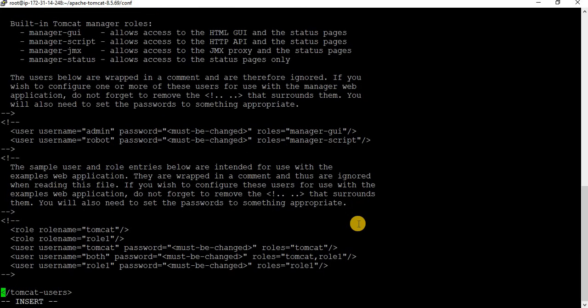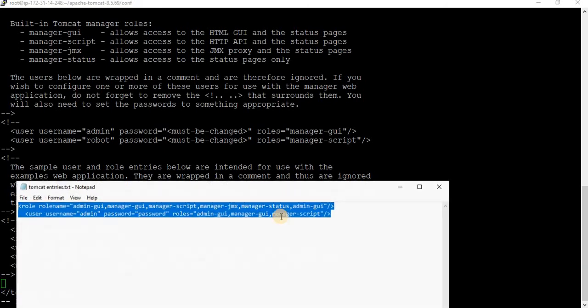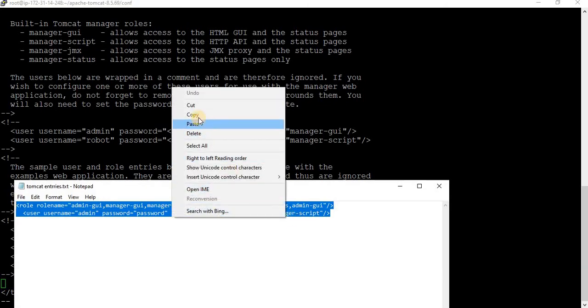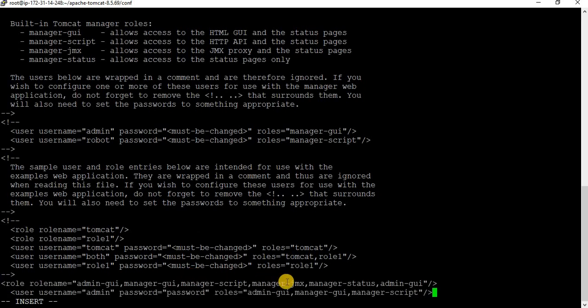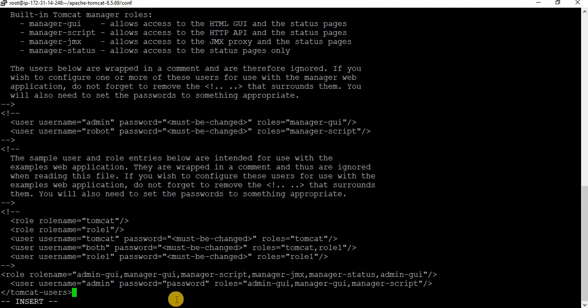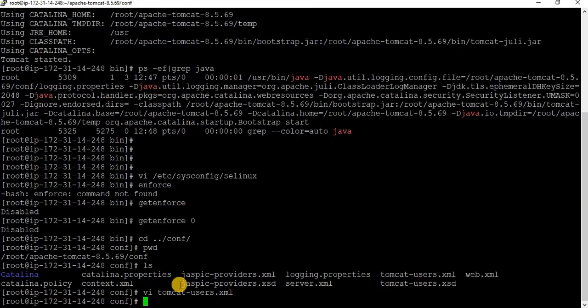Just before the ending tomcat-users line, copy this. The username you are giving is admin, the password is password. I've already given it somewhere.